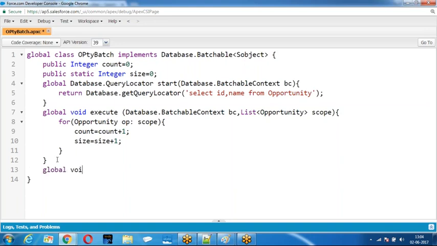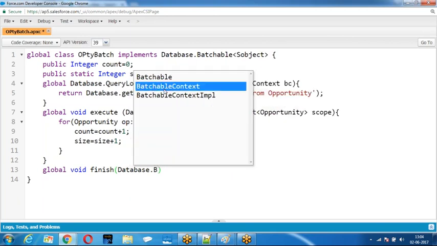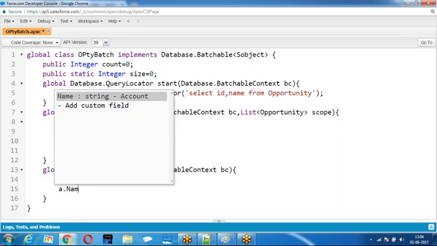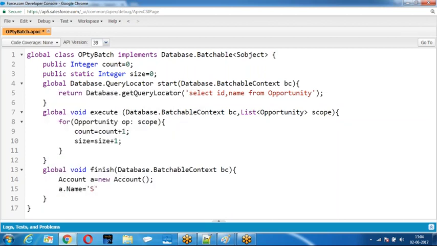Then I am going with global void finish(Database.BatchableContext). Here I am ready. Record A equal to echo. I am inserting a loop.